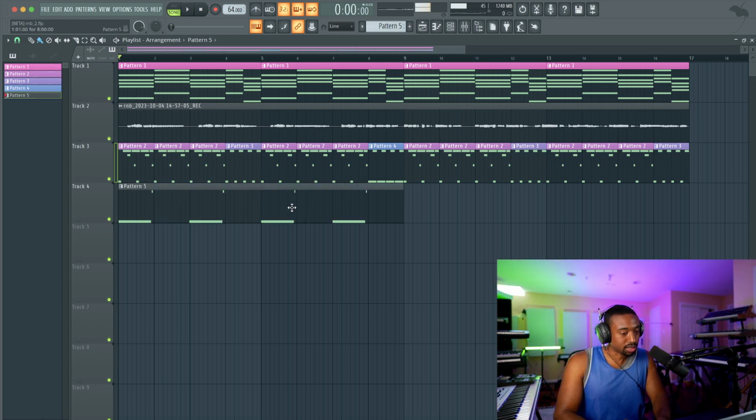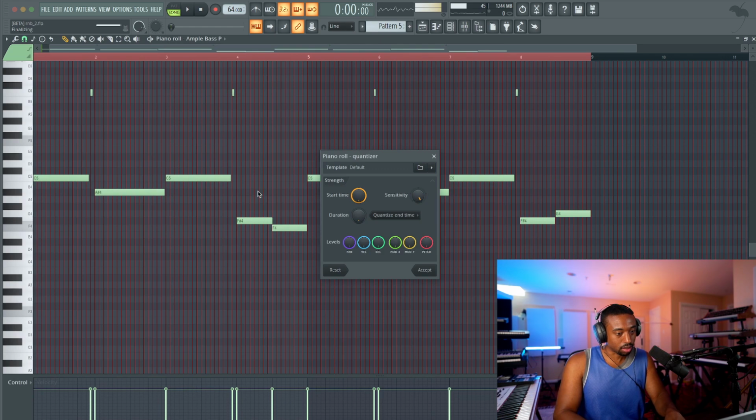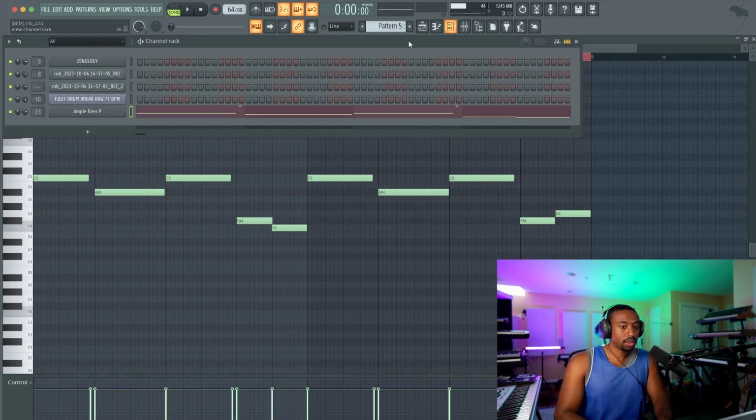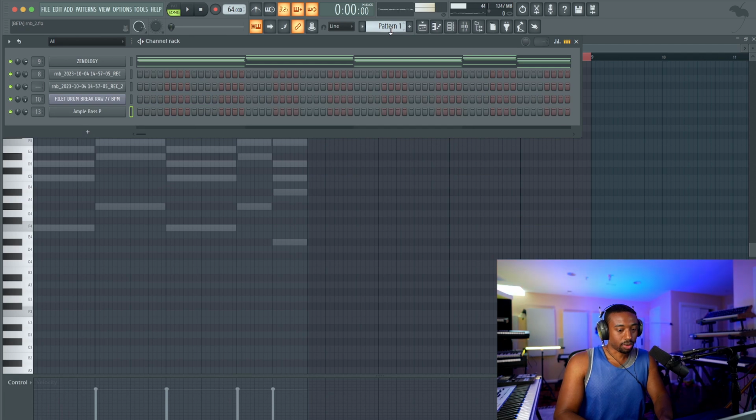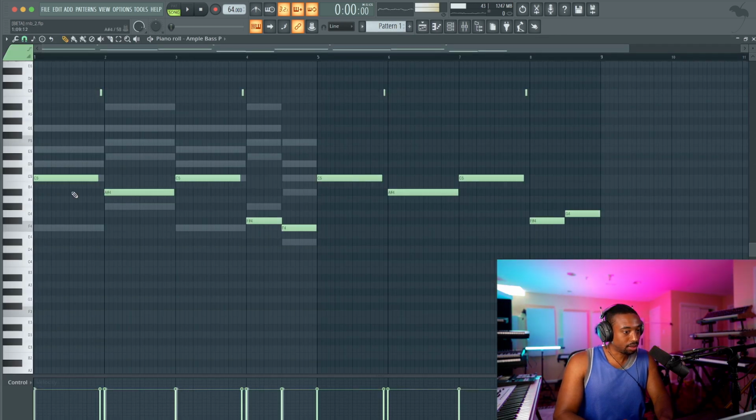Okay, because I'm not locked to a scale, so I was just kind of playing whatever's on my keyboard. Let's hit Alt Q. So again, we're starting off on the fifth. So let me move this over to the chord progression so you can see the notes. So the bass is playing the fifth, and then we're playing the second of that chord, then we're playing the fifth again, then we're playing, what is this here? F sharp would be, I forget what chord that is, so forgive me there. And then the second again. And then we're playing octaves at the end of the fifth.